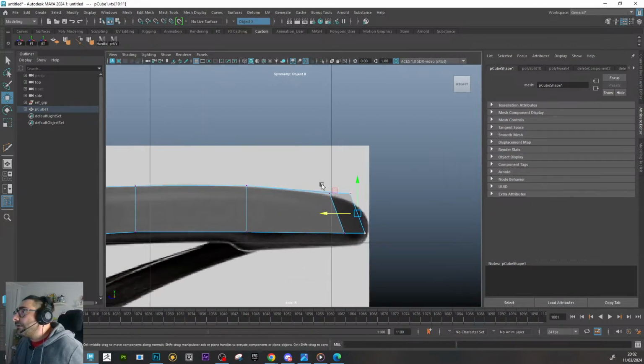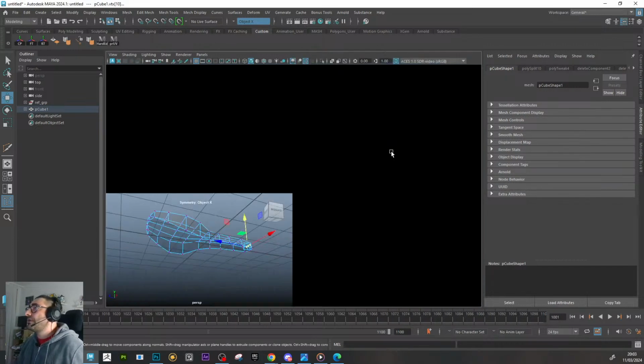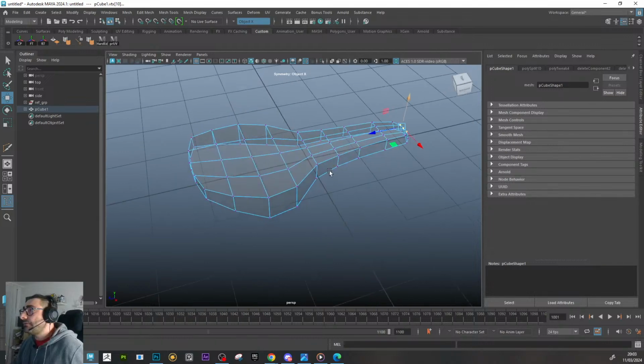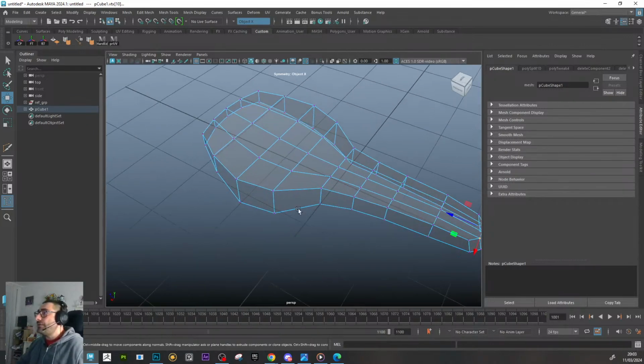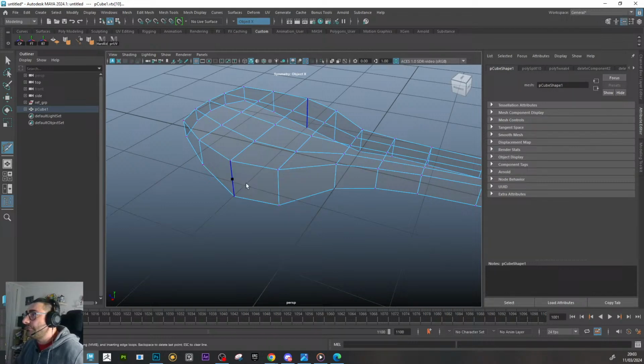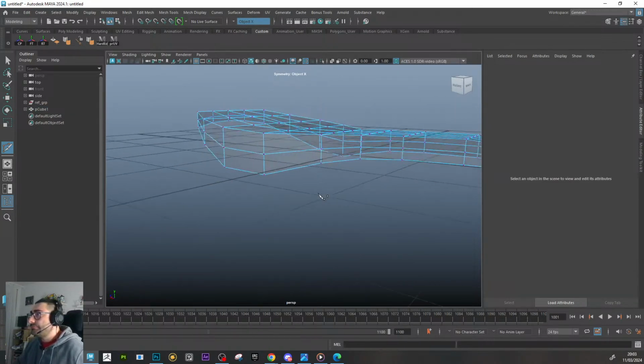It's okay. All right. We have a very simple shape now, and we can start to create a loop here,